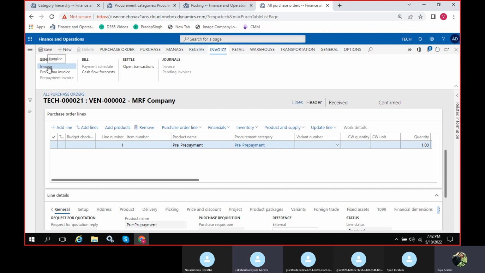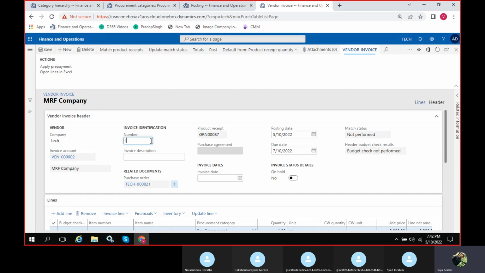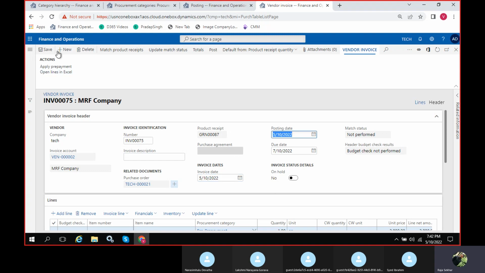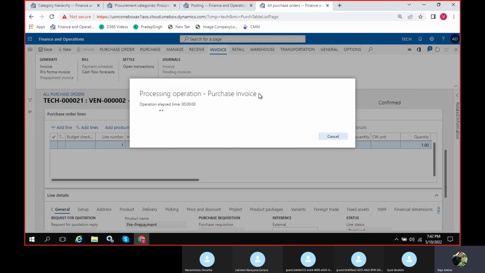So I'm saying again, now I'll raise this invoice. This is another kind of invoice you are raising for your services.